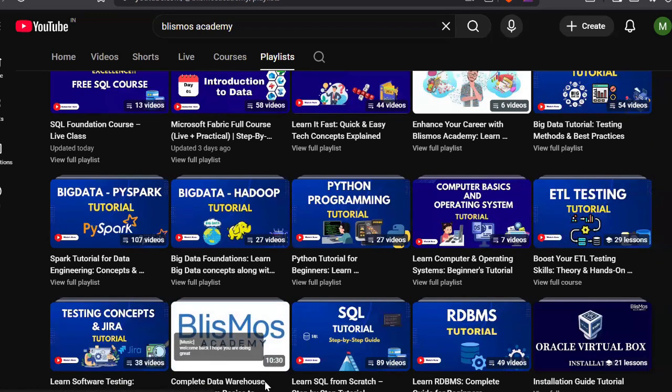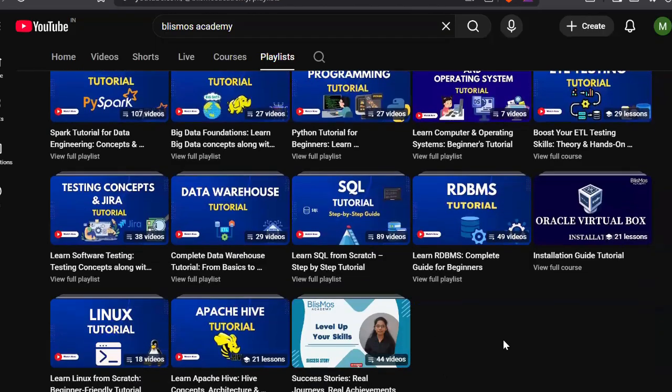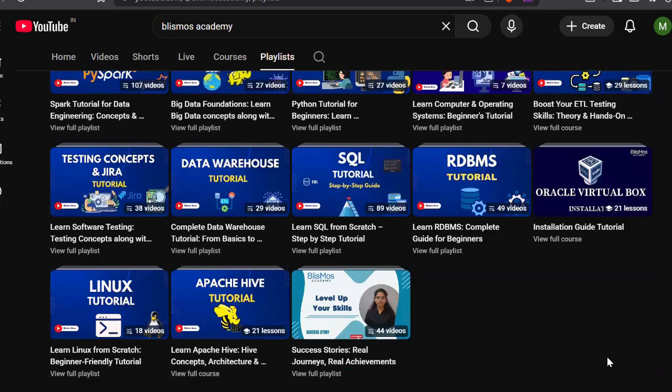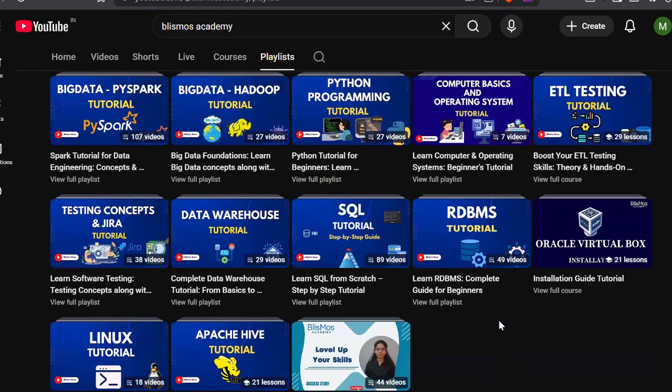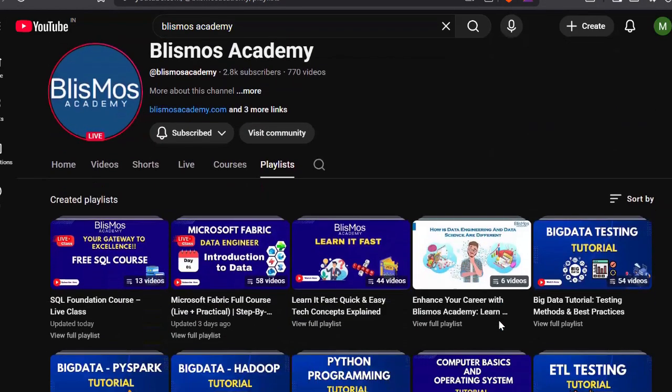This is also very important: after finishing SQL, you have to complete this, and we have SQL RDBMS. Linux is also there. Apache Hive, don't watch this because it is more or less deprecated; it was there as a part of Hadoop, but don't consider watching it. We have multiple playlists you can definitely watch, and most of them are around data.